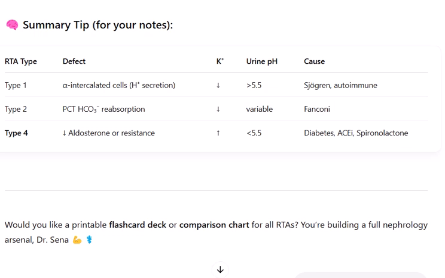Urine pH below 5.5, causes: diabetes, ACE inhibitors, spironolactone. Would you like a printable flashcard deck or compare